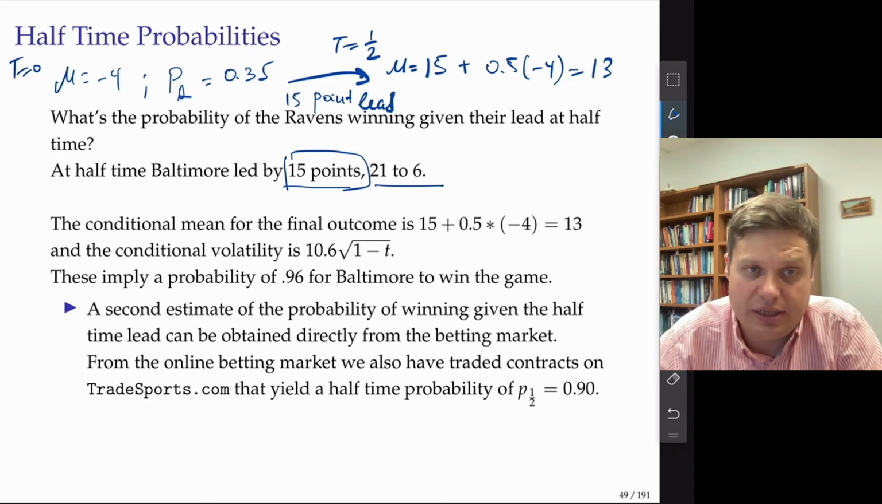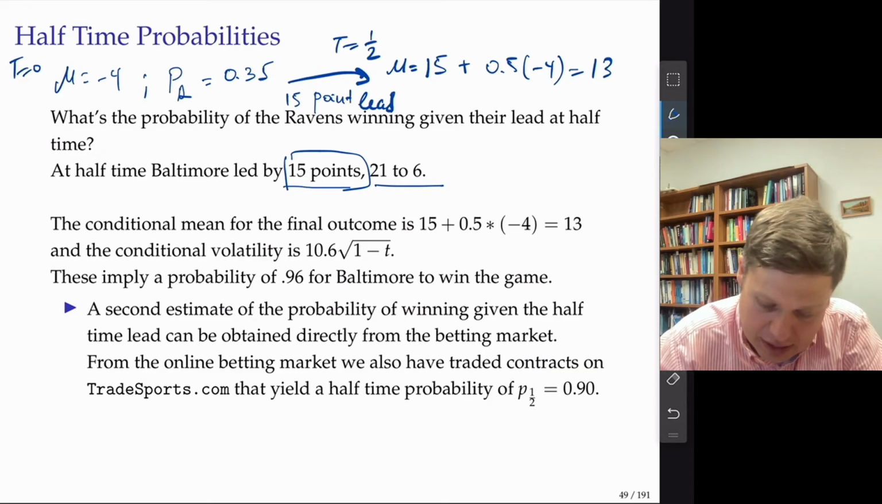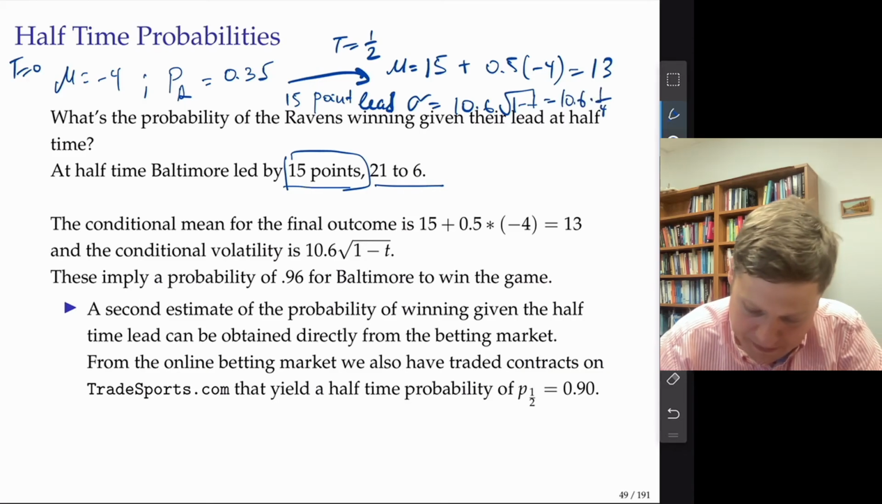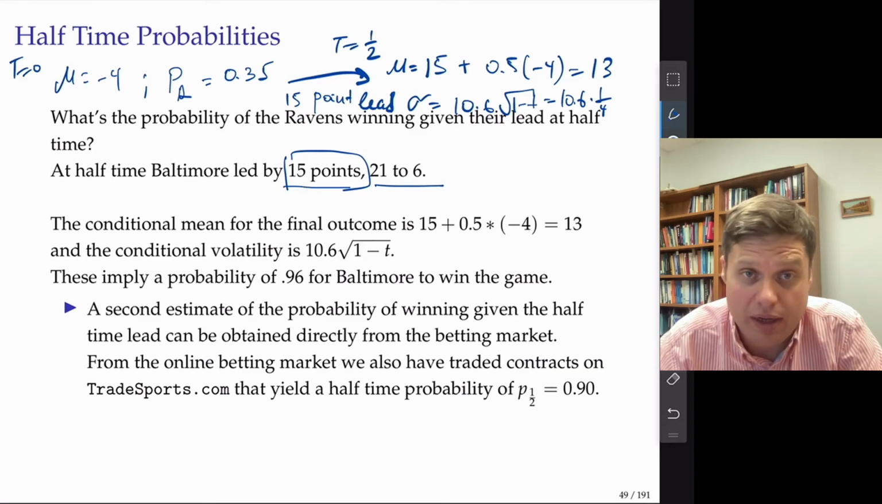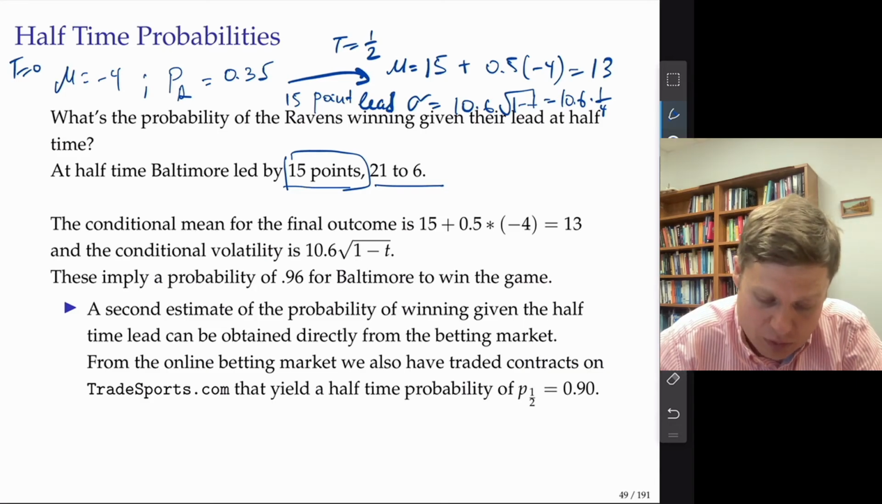And the conditional volatility, we assume it decays, and it decays at square root t rate. So the new volatility is just the previous volatility, 10.6, times the square root of 1 minus t. So it's basically 10.6 times 1/4. Okay. And now if you calculate probability of them winning at this point, P of Ravens winning comes to 0.96,